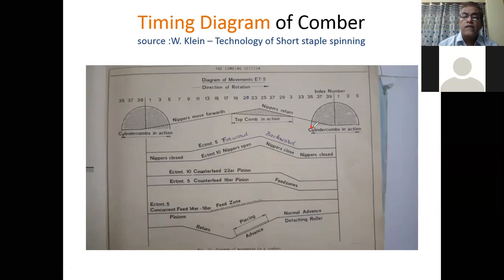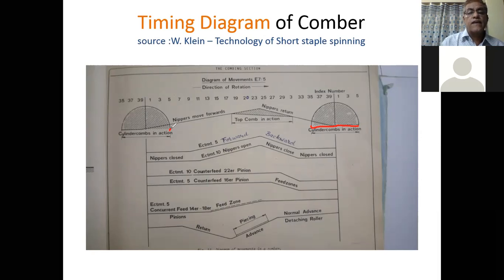At this number 35, the cylinder comb will start its action, and it will be performed up to 40, and then 1, 2, 3, 4, 5, as it is a sequence of operations done in a circle. After one operation is performed, another operation will start. So from 35 up to index number 5, the cylinder comb action is now complete.